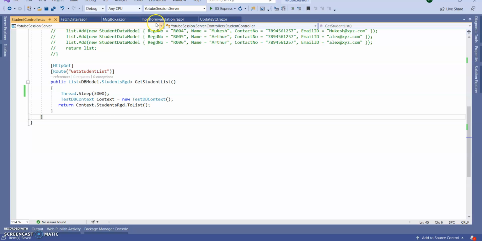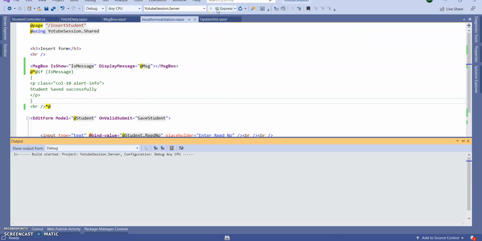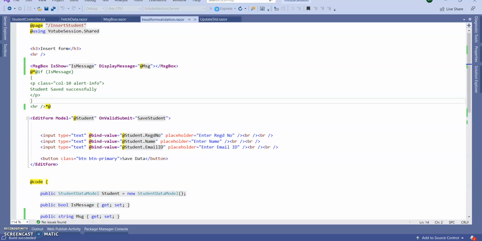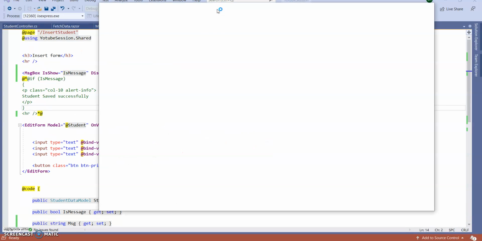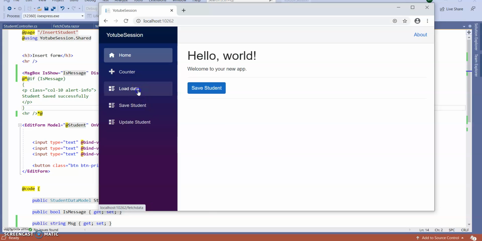Now run the application and see the exact output. Then we will go with Blazor Pro Spin Kit. Go to load data.